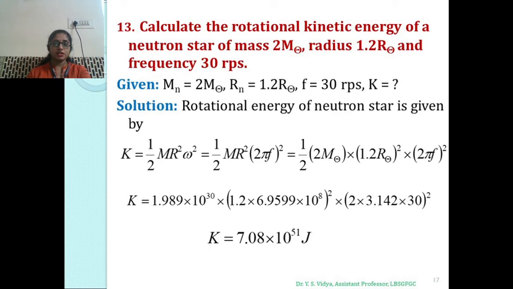Here we have to calculate the rotational kinetic energy, and the rotational kinetic energy is given by half times m times r squared times omega squared. Omega is 2πf, whole squared. Just substitute those values and substitute f is equal to 30. Here K is equal to, the 2 will get cancelled. The mass of the Sun is 1.989 × 10^30 times 1.2 times 6.9599 × 10^8, the radius of the Sun, whole squared, times 2πf, which is 2 × 3.142 × 30, whole squared. Hence the rotational kinetic energy is given by K equal to 7.08 × 10^51